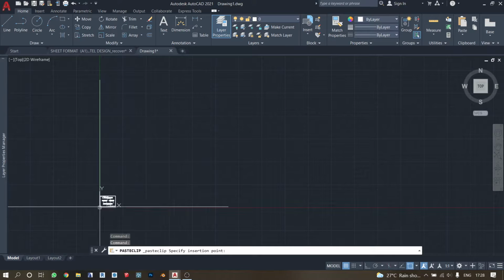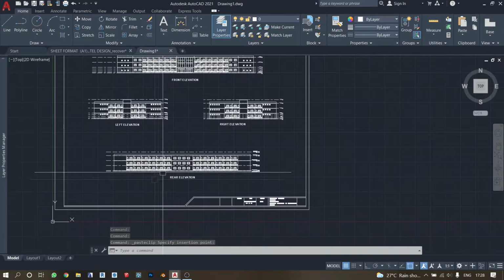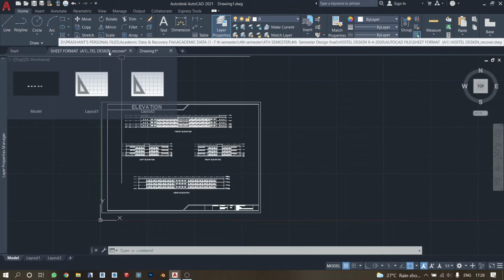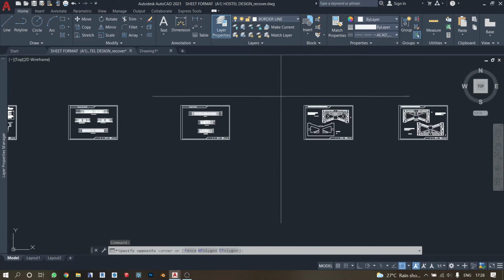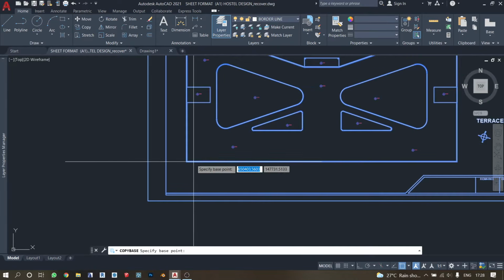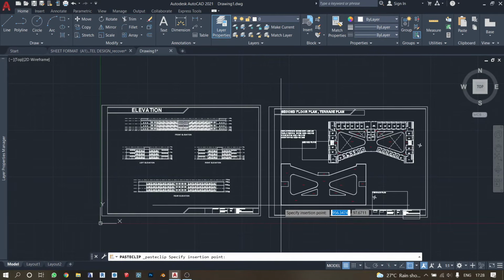Now move to the file where you want to copy. This is how we can copy one AutoCAD file to another AutoCAD file. Overall, just select the file which you want to copy, hit the buttons Ctrl, Shift plus C. Select the base point, go to the file where you want to paste it, and paste it there by